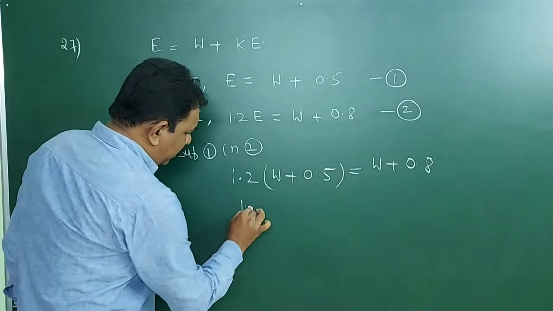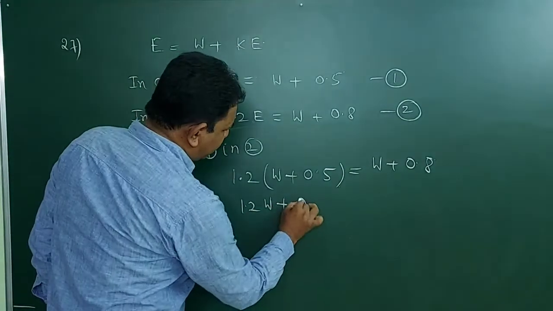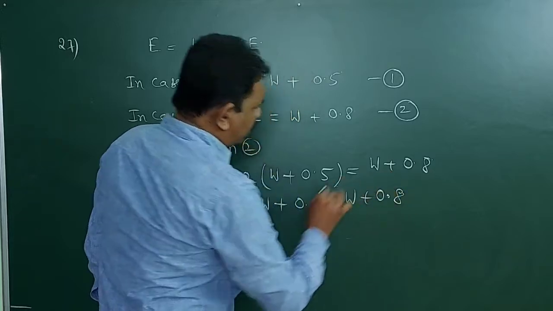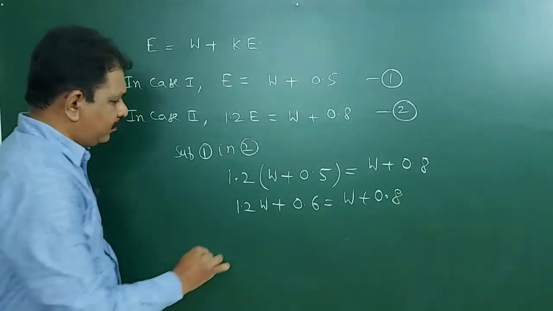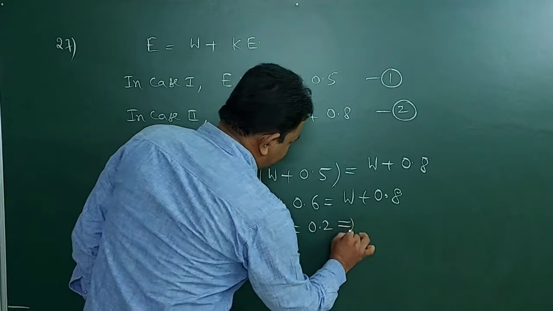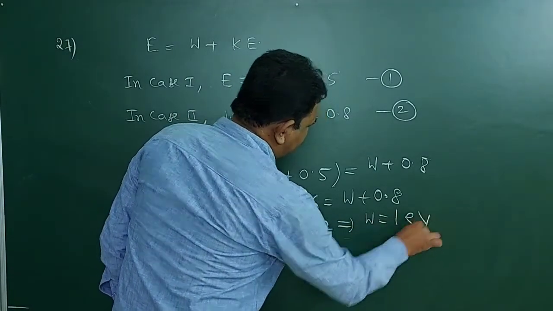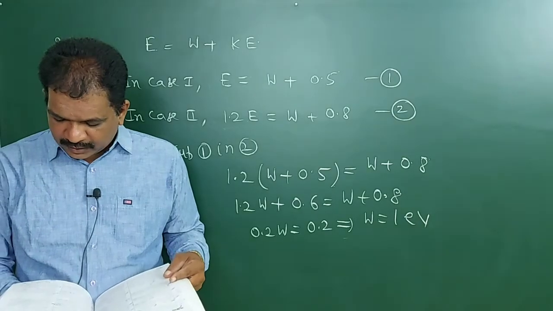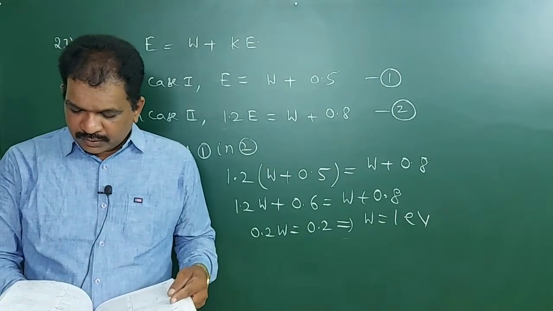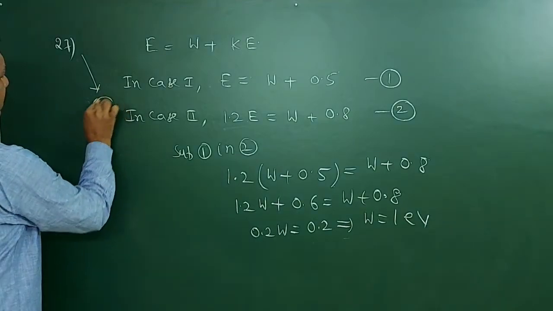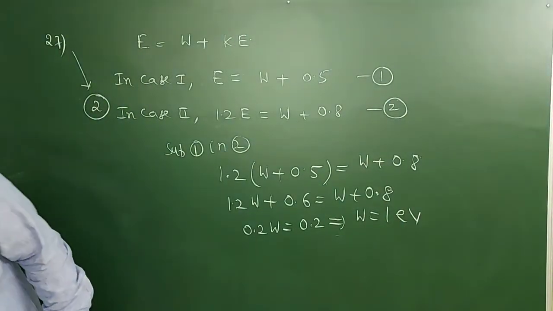This is 1.2 W plus 0.6 is equal to W plus 0.8. So 0.2 W is equal to 0.2, and W is equal to 1 electron volt. So 27, it will be the second option. Okay. Next,